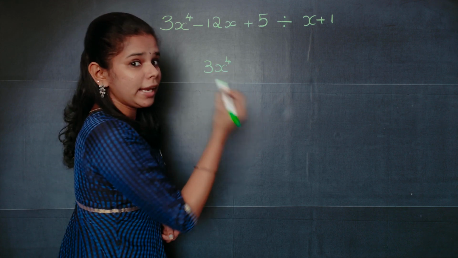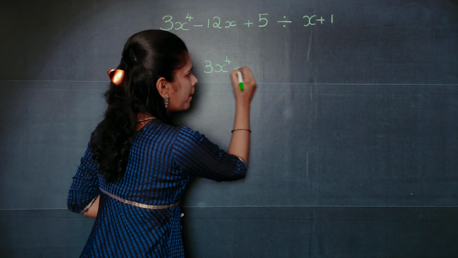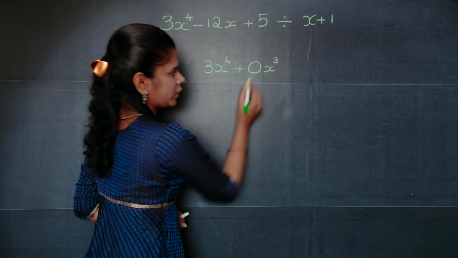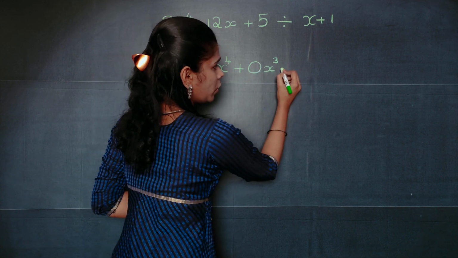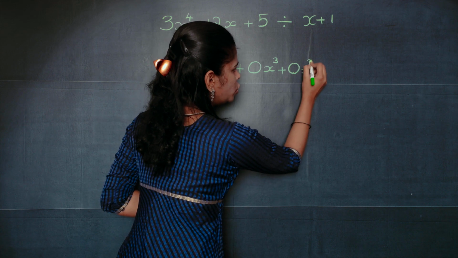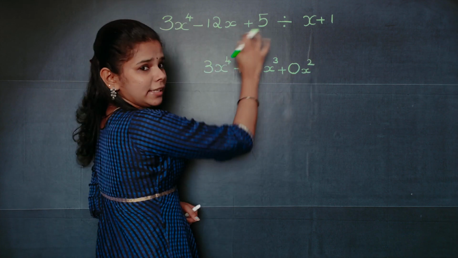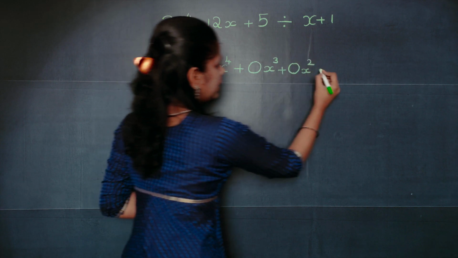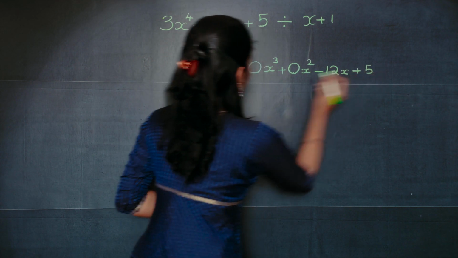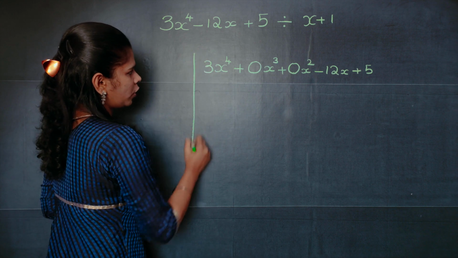Then the next term you will write it as plus 0x raised to 3. Now the next term is also missing, so you will write it as 0x raised to 2. After that you can write these terms, that is minus 12x plus 5, and then you will draw the